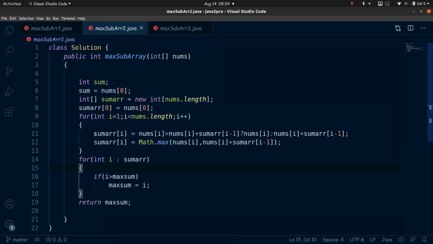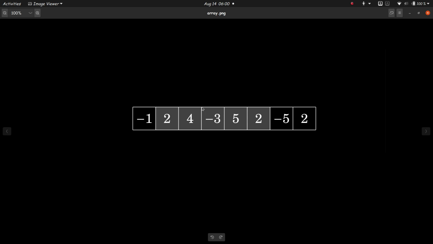So we are just finding, what are we finding? The maximum, whether the ending element alone is larger than the ending element added to the previous elements, the sum of the previous subarray. If so, we will take the ending element. Else we'll take the sum of the ending element plus the sum of the subarray that comes before it. Okay, so what I mean to say is, like, if our array was starting at -1, right? But we don't take -1, because taking -1 is only going to reduce the sum.